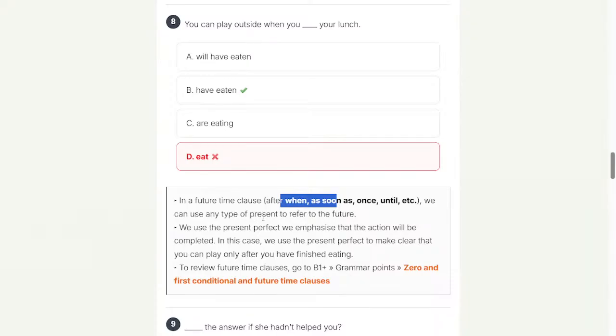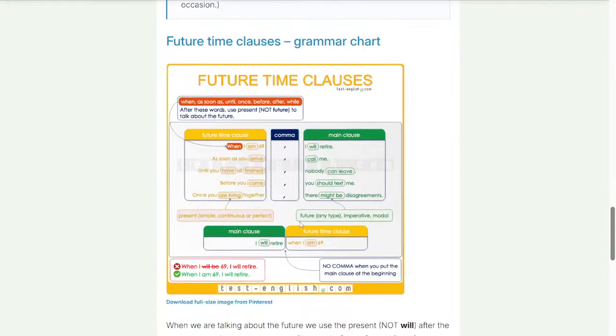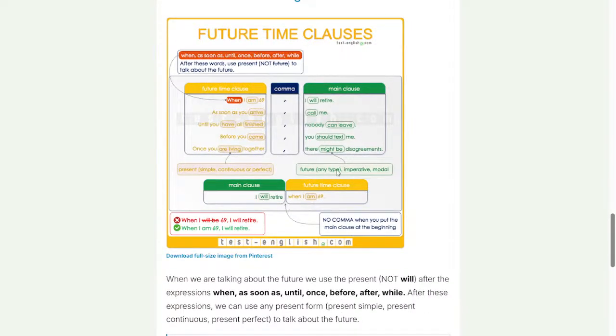You can use present or present perfect, and in the main clause we can use future simple or future perfect, or modals. Yes, in the main clause we use future, modals like can, should, might, and imperative also.